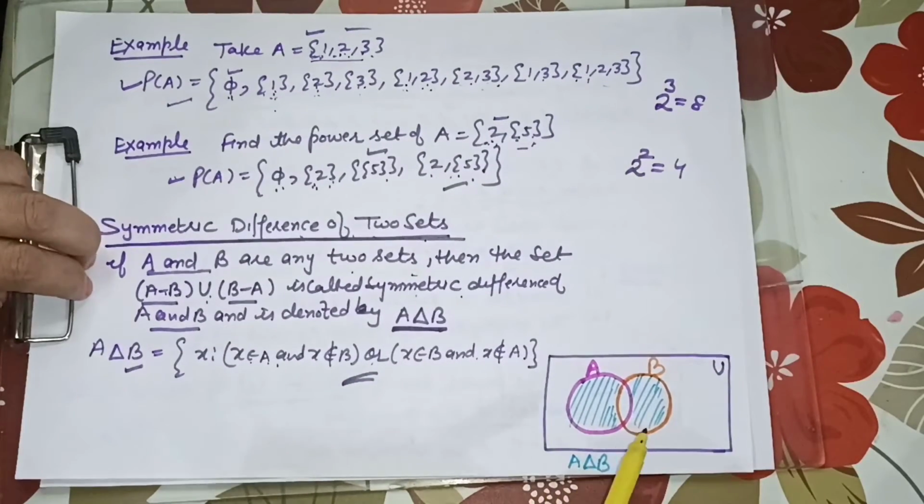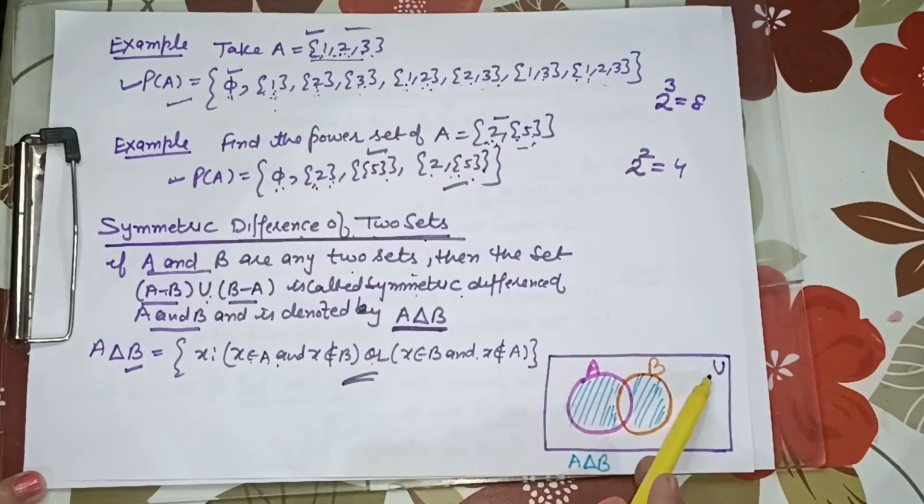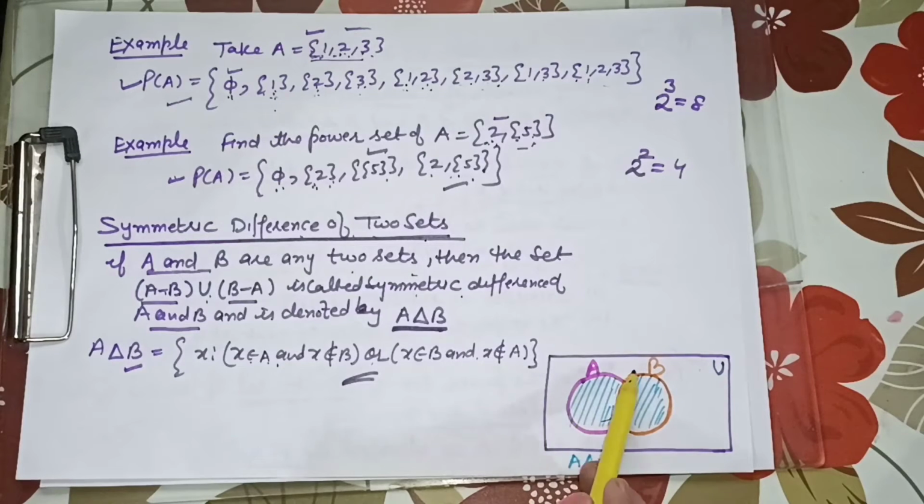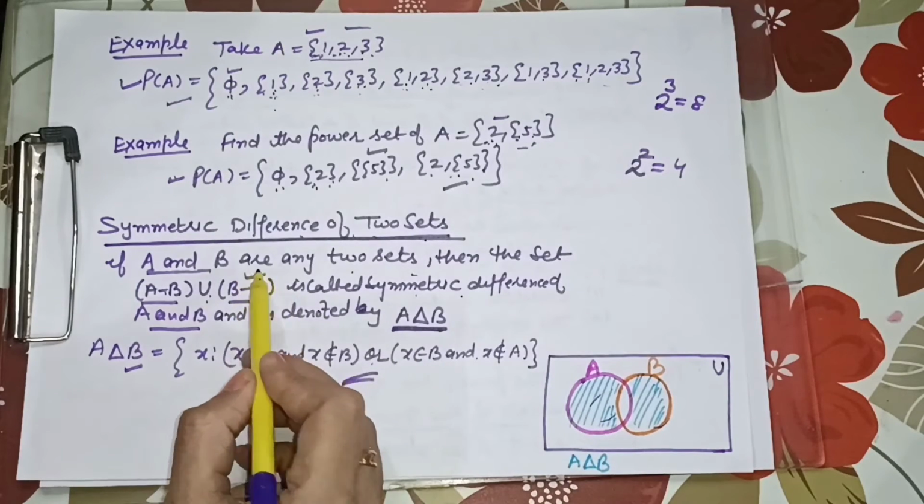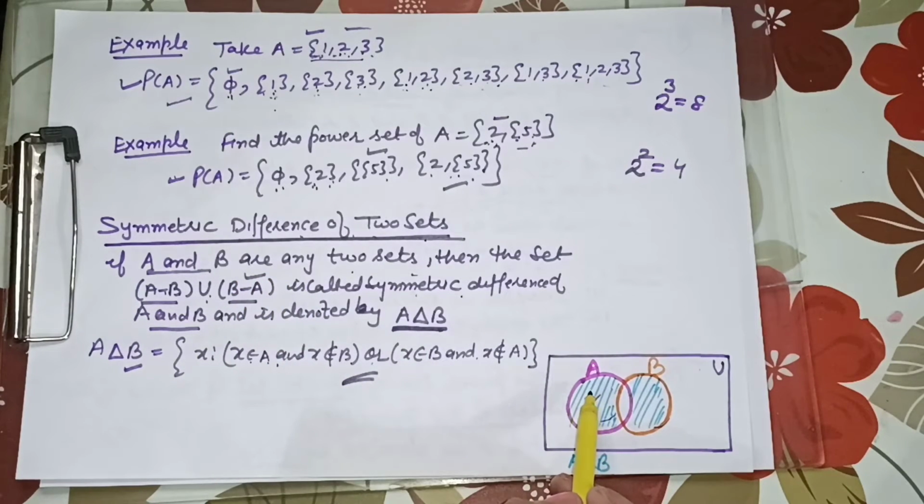Then by the Venn diagram, I will explain. This is the universal set U, and I have considered set A and set B. A difference B means we have not considered the area of B, but we have considered the area of A. Whenever we take B difference A, we have not taken the area of A and we have considered the area of B. So union means we have considered both the areas. That means leaving this common portion, we take the area of both sets A and B, leaving only the common portion. This shows the symmetric difference of A and B.